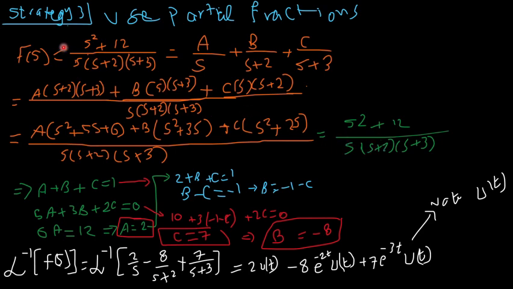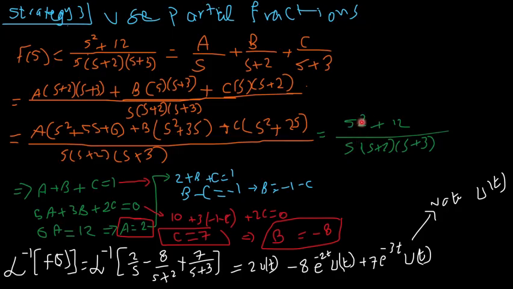This must be equal to the left hand side here, s squared plus 12 divided by s multiplied by s plus 2 multiplied by s plus 3. Since the denominators are the same, the numerators must be equal. So we have here